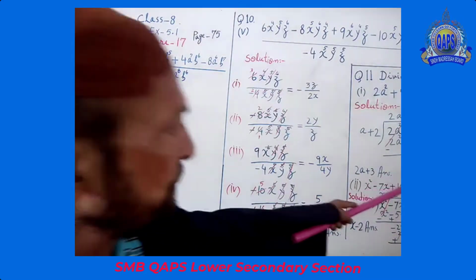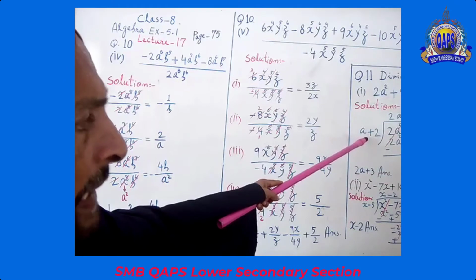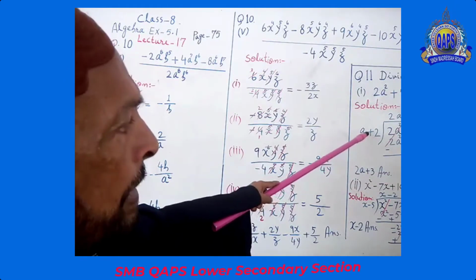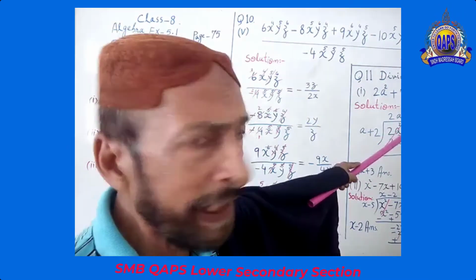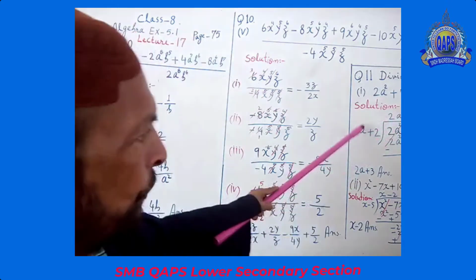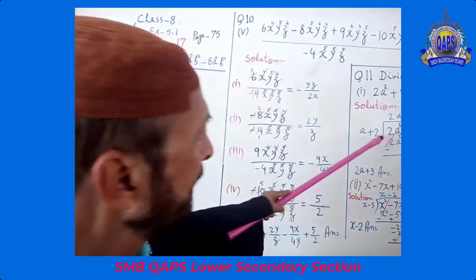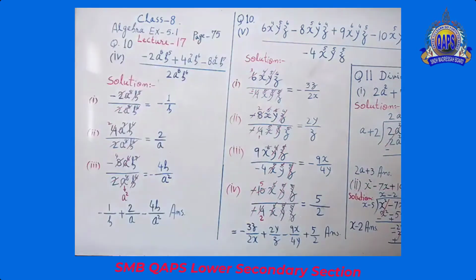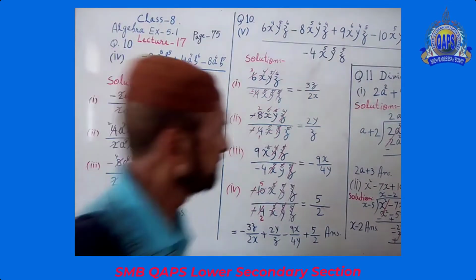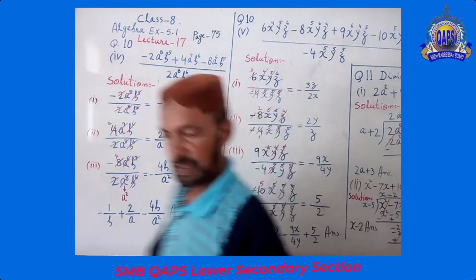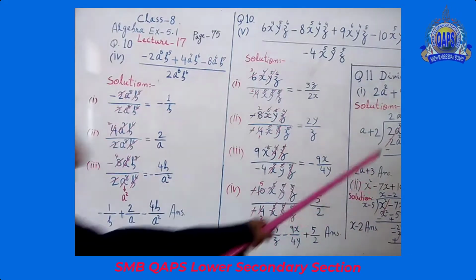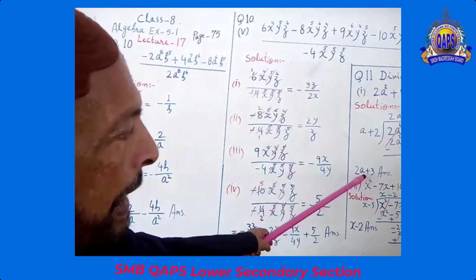So it is now 3a plus 6. The a is already over there, so you will have to multiply it by 3. So it will be 3a. That's why plus 3. Multiplied by plus 3. 3 into a, 3a. 3 into 2 plus 6. Change the sign. Minus. Cancel. So the answer is 2a plus 3. I wrote it over here.